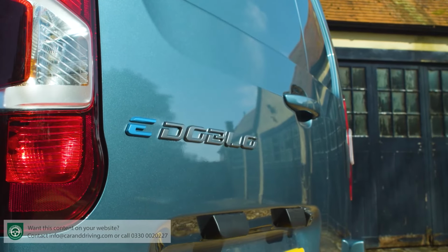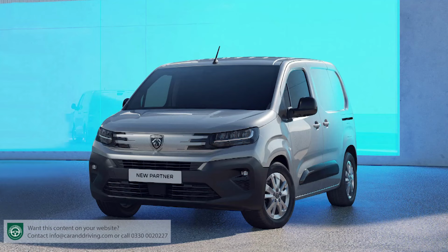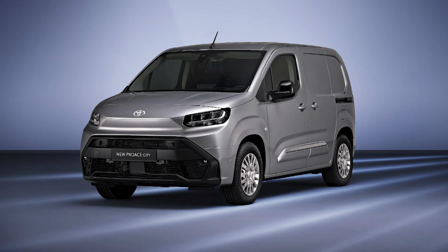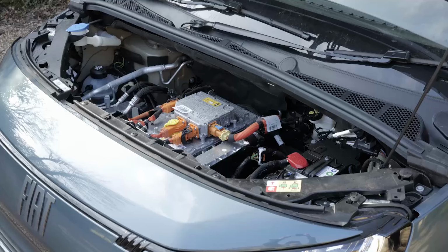Here though, we've opted to try the all-electric E-Doblo. Of course, an E-Doblo isn't any different to drive than its Peugeot E-Partner, Citroen Berlingo, Vauxhall Combo Electric or Toyota Proace City Electric Stellantis design cousins. You start off in the default normal drive mode, and the other selectable drive settings are Eco and Power. You'll need the Power mode to unleash the electric motor's full 136 horsepower output with 270 Newton meters of torque,